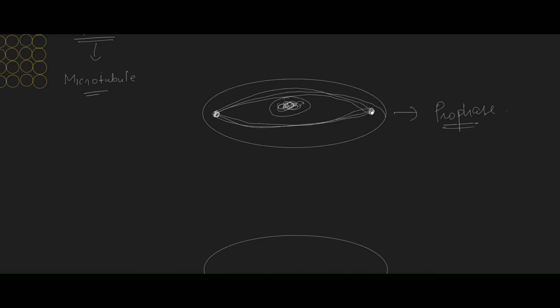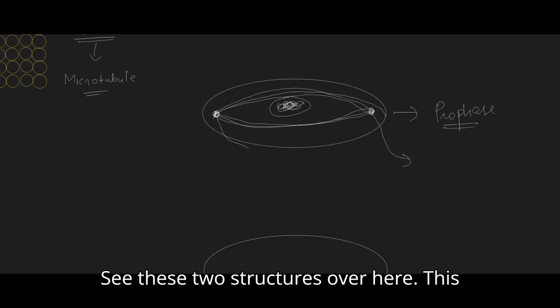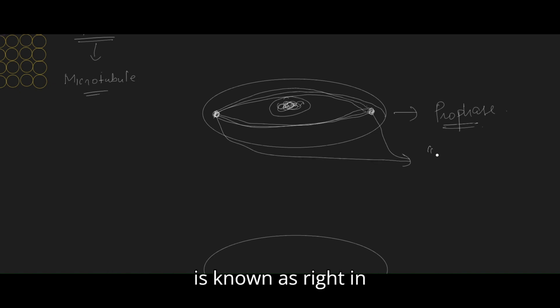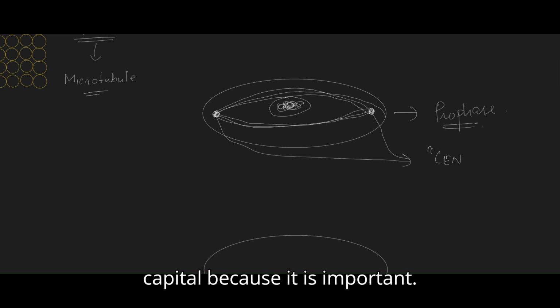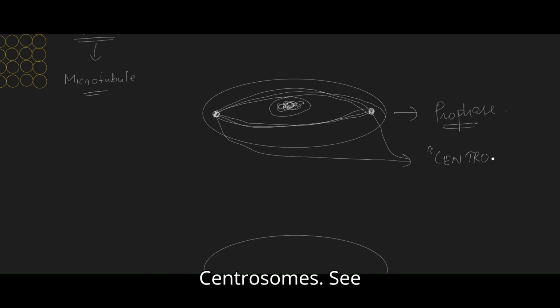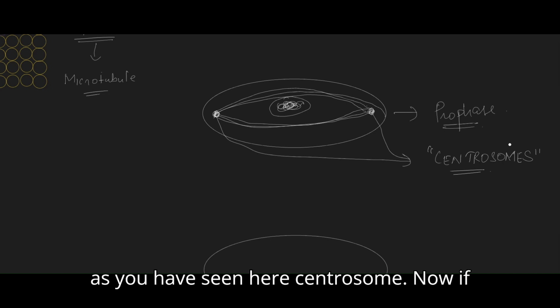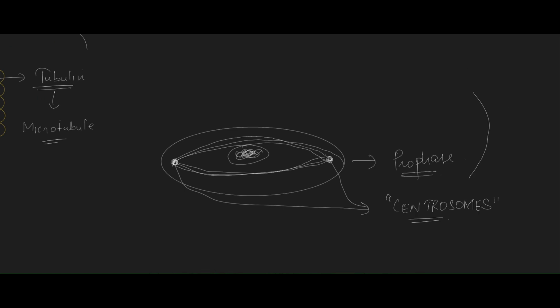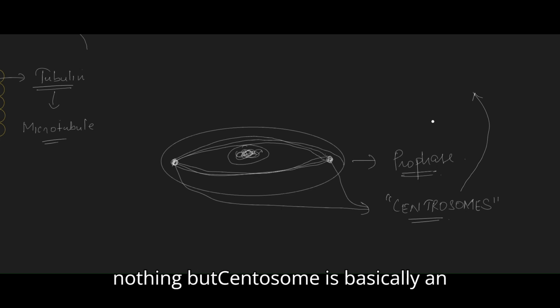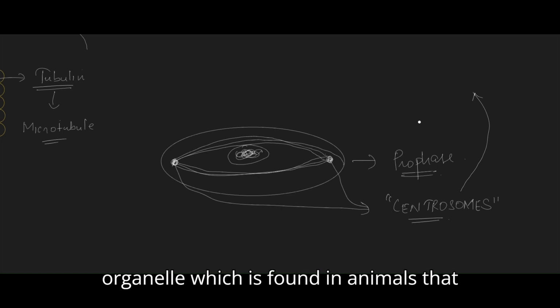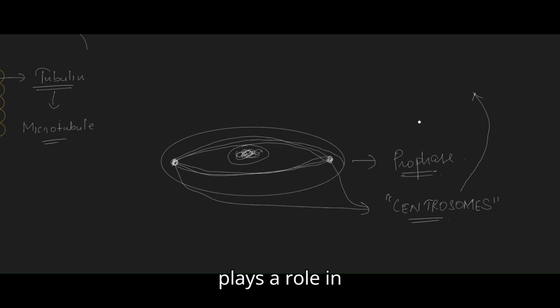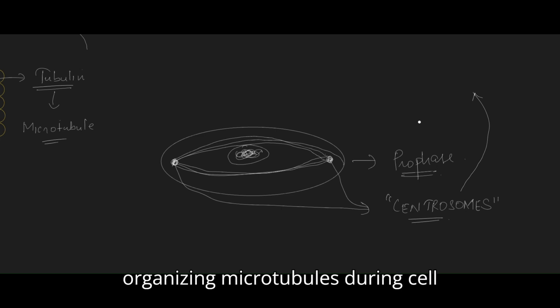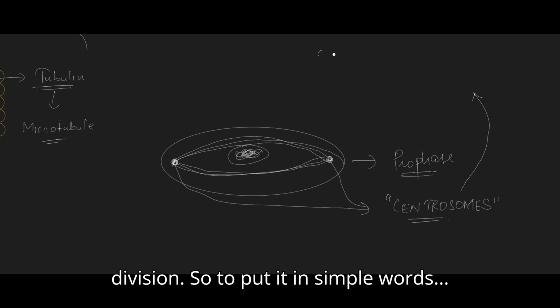Now I'll explain the important parts, which is, you see these two structures over here. This is known as, I'll write in capital because it's important, centrosomes. Now if you're asking me what is a centrosome, I shall explain. A centrosome is basically an organelle found in animals that plays a role in organizing microtubules during cell division. So to put it in simple words,